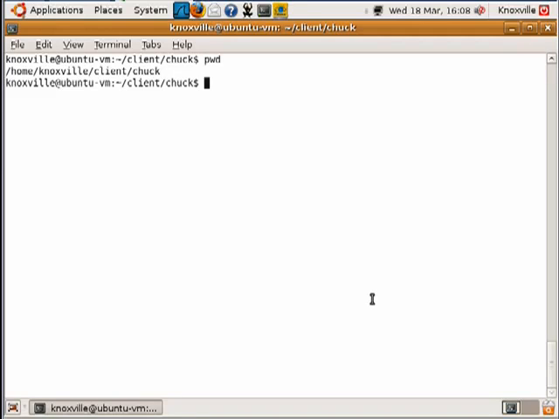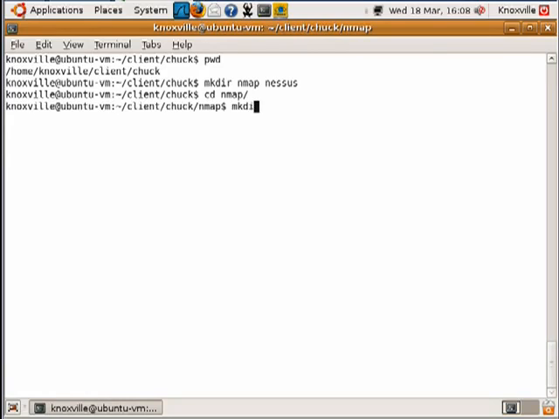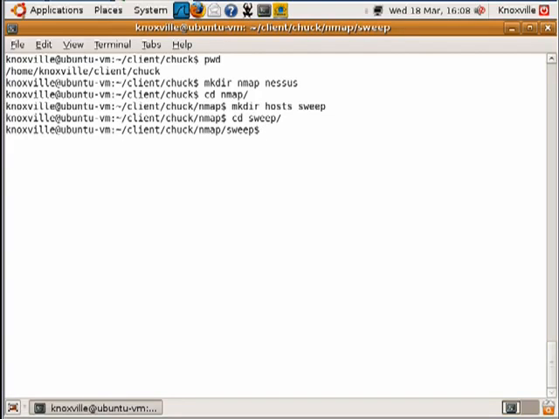I like to make some folders to help keep this attack organized. So I'm going to make an nmap and a Nessus folder. Then I'm going to move into the nmap folder and create hosts and a sweep file, or sweep folder, excuse me. And then we're going to move into the sweep folder and then we're going to launch